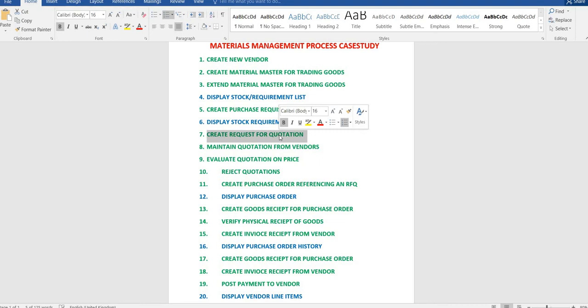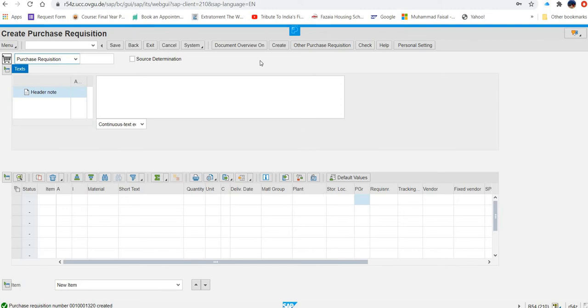So what we will do now, create request for quotation. Okay guys, so we did create purchase requisition. Now we are going to create request for quotation, that is called RFQ.